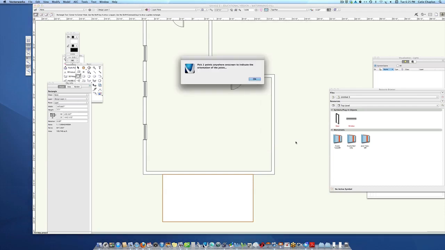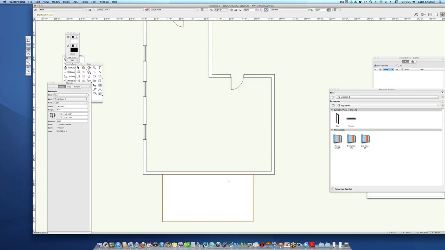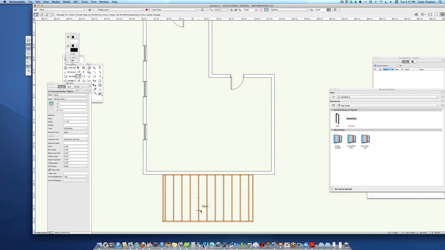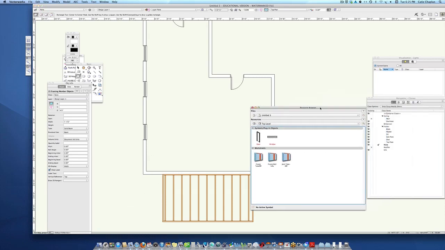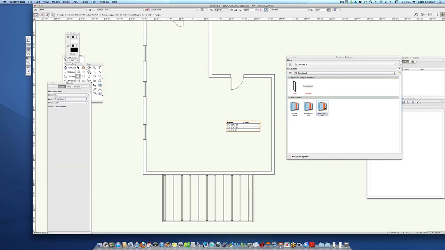I click OK, and now I get this instruction telling me to pick any 2 points on screen to indicate the orientation of the joists. So I have my polygon selected, but I have to instruct the program which way the joists are going to run, if they're going to go perpendicular to the house or parallel to the house. In this case, I'll just click perpendicular to the house, and there we go. We have our joists. We have our joist takeoff,